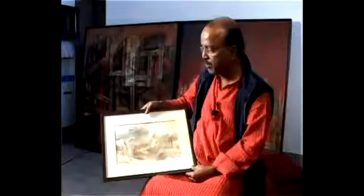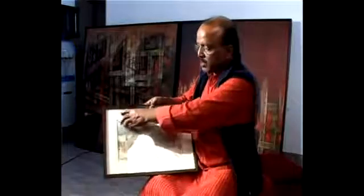A few tips on the border of the picture inside a picture frame. You will see that when the painting is hanging at a distance up on the wall, due to parallax, this side should be longer than this side. Normally people insist on putting the matte border equal on all sides, but it is always recommended that the lower